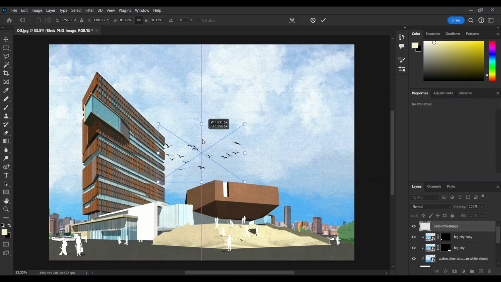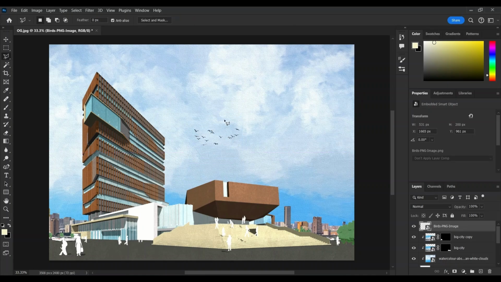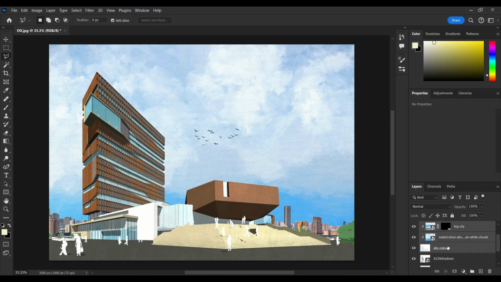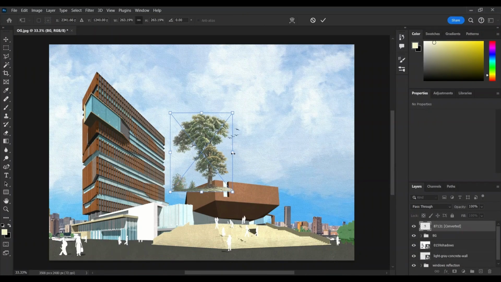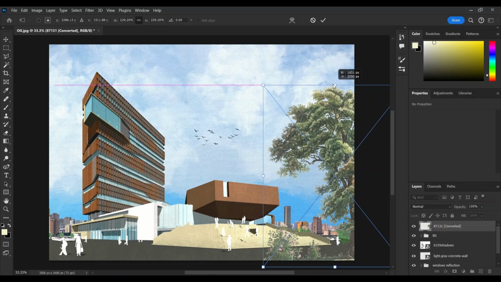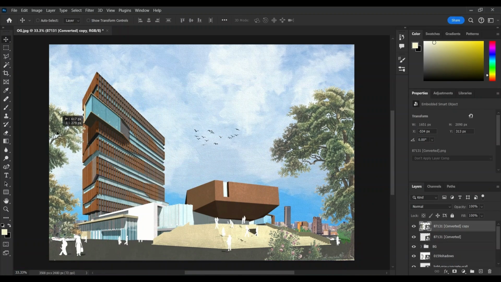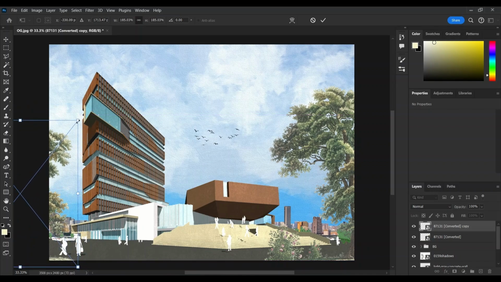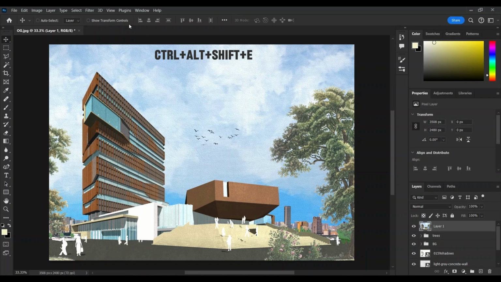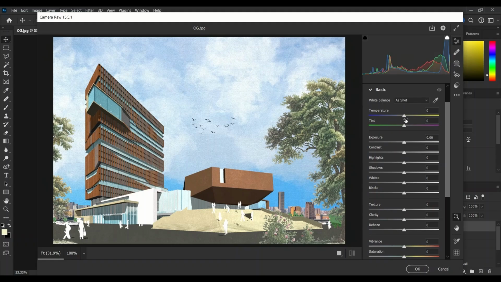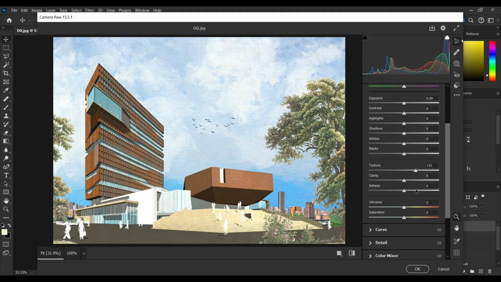Adding some birds. These trees. Now that I'm done, I'm creating a flattened layer of all the edits I've done so far. And then I'm using a camera raw filter to boost the textures and also the